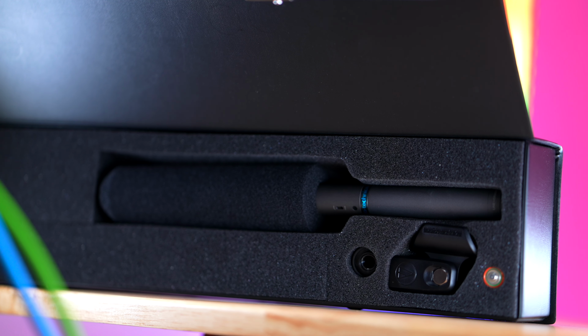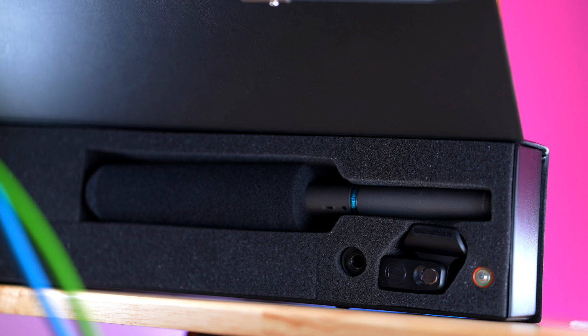You do get this big box that comes with it, and you get kind of everything you need, which is always nice. You get the microphone itself, you do get this windscreen, which is very useful and important to use, and it does help with plosives, so Peter Piper picked a peck of pickled peppers. Of course, the way I'm using the microphone right now is not really how it's designed to be used, but I wanted you to see it on camera and hear what it sounds like. We'll test it out a lot later. Don't worry. But you also get a AA battery, you get a microphone mount, a 5/8 to 3/8 adapter, and